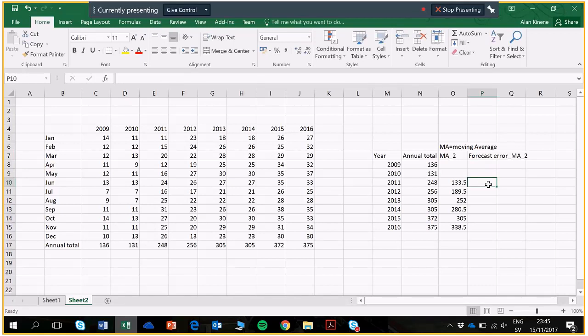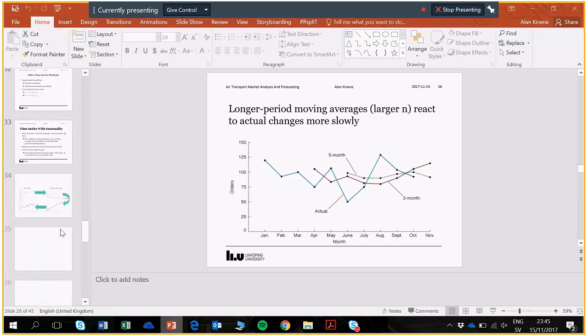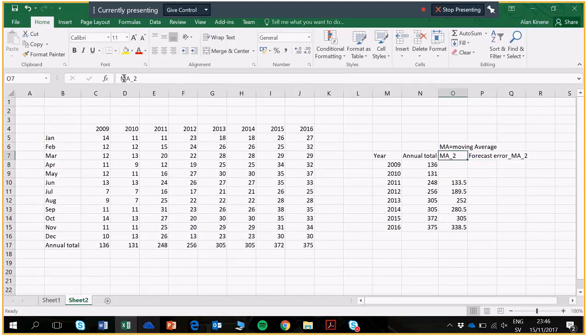And so when you have that set up, and we just name the column, we go ahead and compute the forecast error. If we go back to our class notes, I think this is the slide. Yeah. So it's basically the actual value minus the forecast value. And in this case, I could just rename this one here. Let's say forecast value. Forecast value. Okay, so we have something like that, and